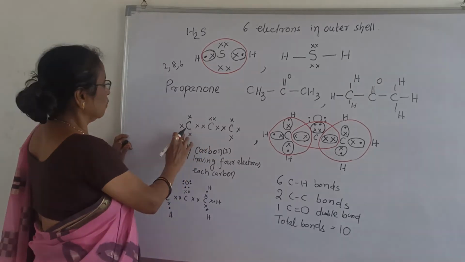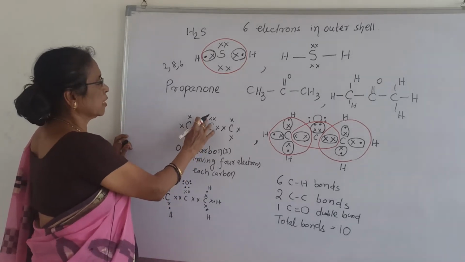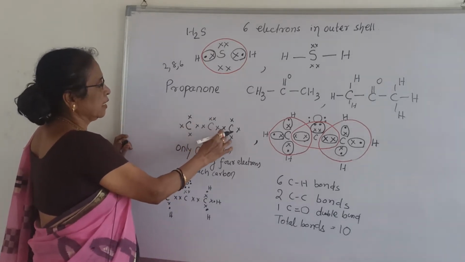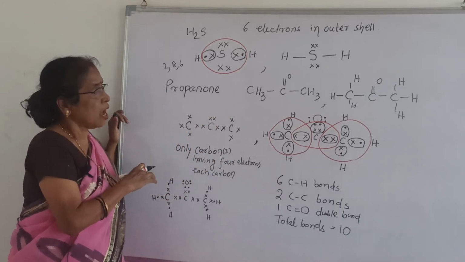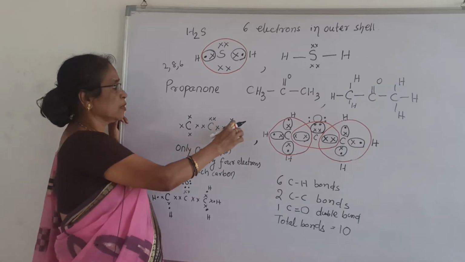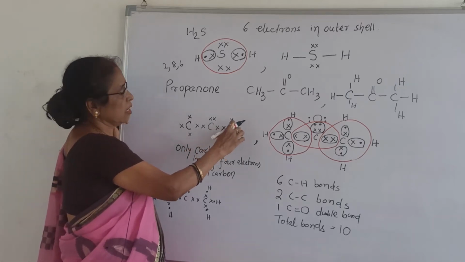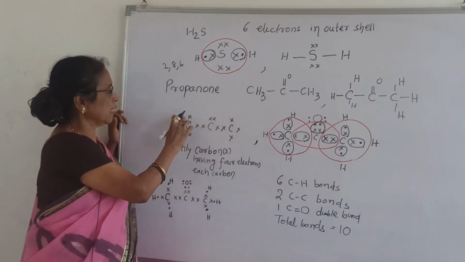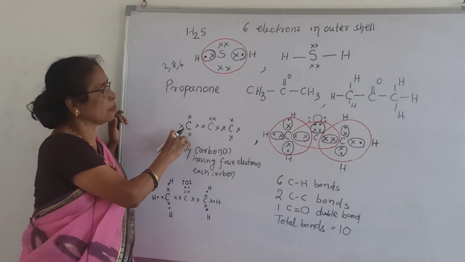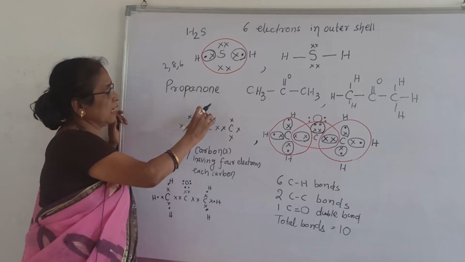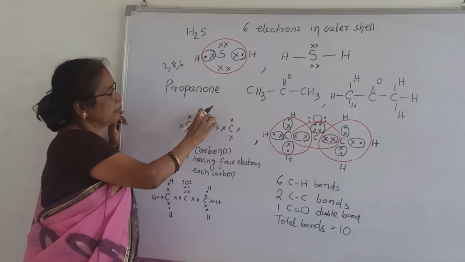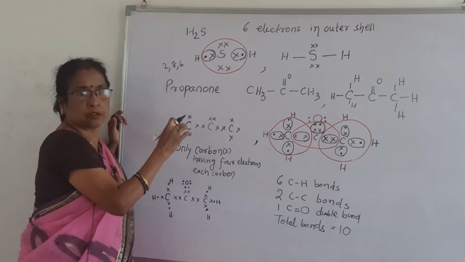4 into 3. 1, 2, 3, 4, 5, 6, 7, 8, 9, 10, 11, 12. Sorry. Now it is 12 electrons. Now if one hydrogen comes in and forms bonding here, similarly here 3 places will form bonds. Then what happens? And also an oxygen will come, and in this middle carbon, if it forms covalent bonds,